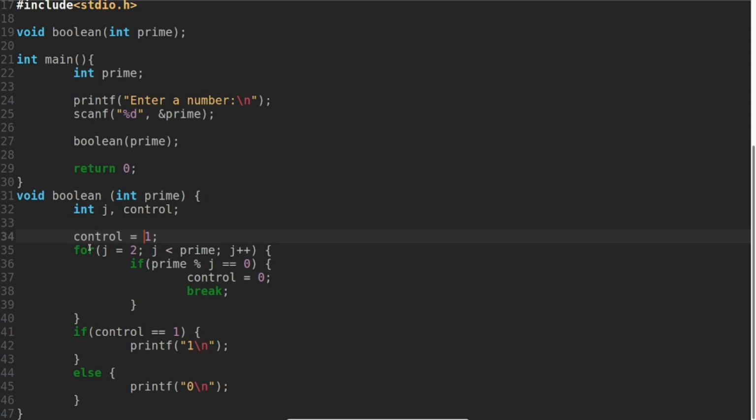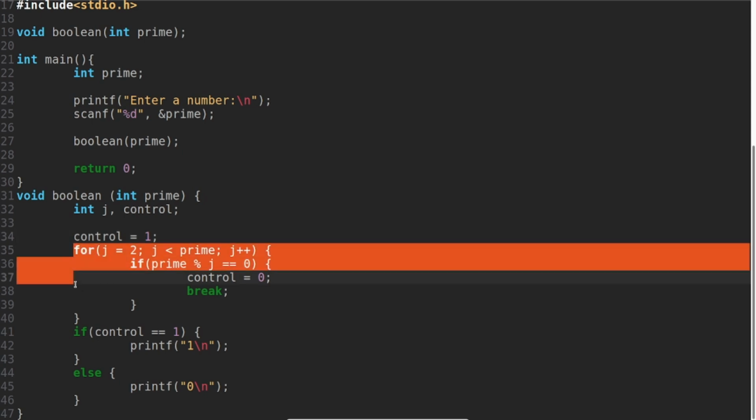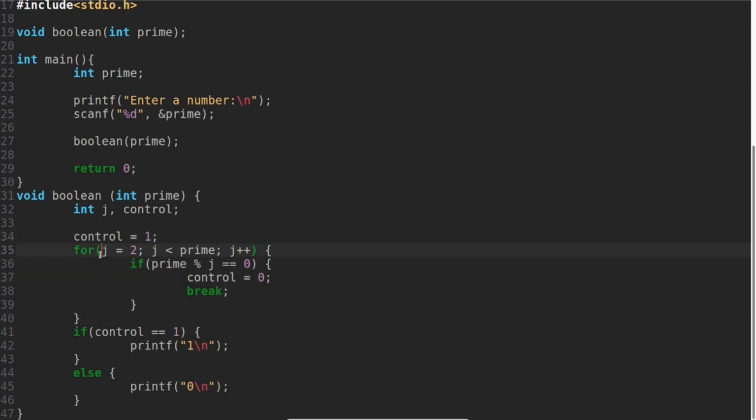Control will be equal to 1, and this for loop is the key of our program because the prime numbers start with the value 1. So I am starting with the value 2 because 1 is divisible by a lot of values, but 2 no. So we will check that